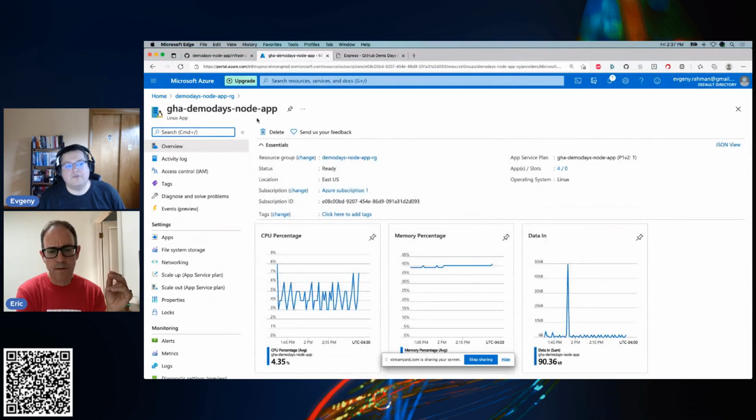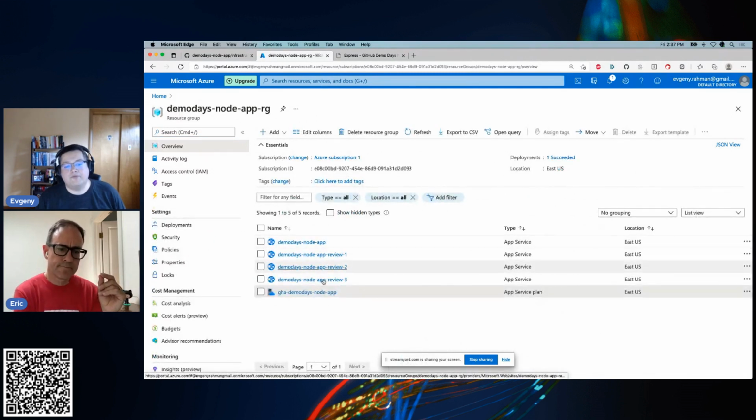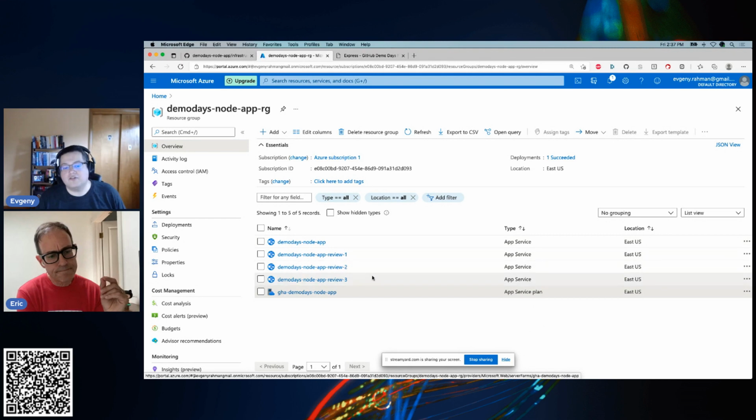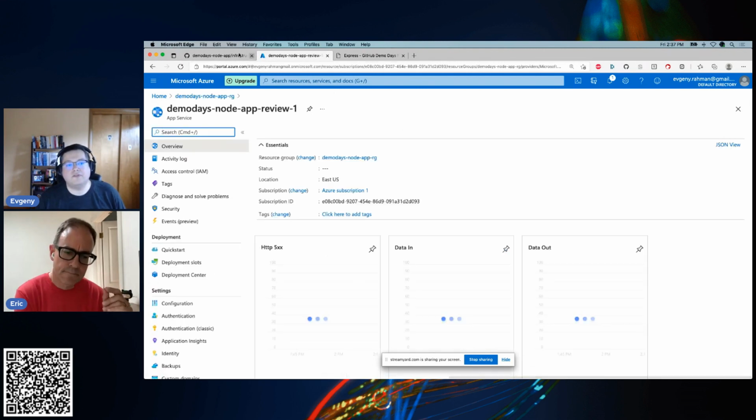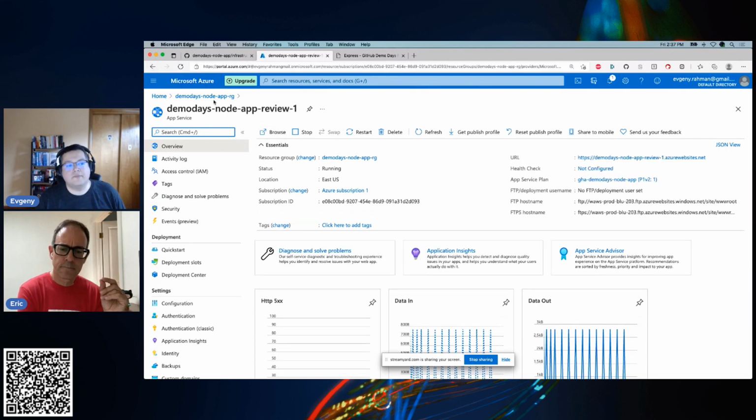And so all of them are referencing the same server farm, but I have multiple parallel app deployments, and each of these can be slightly different or majorly different depending on what I'm trying to do. I don't have to keep redeploying to prod to see changes. I can validate changes before it ever gets to prod because each of these looks slightly different, right? And so I'll show you what I mean by that.